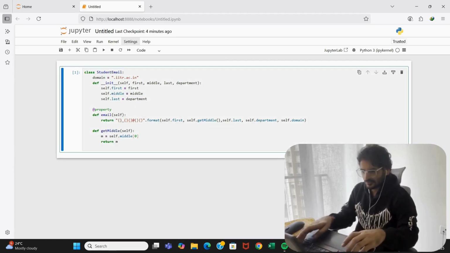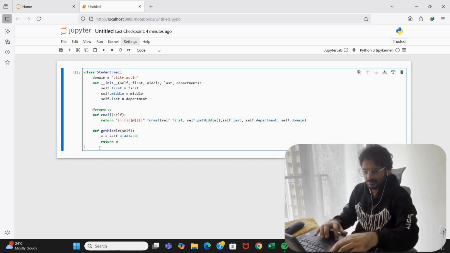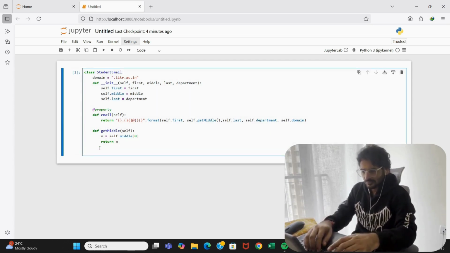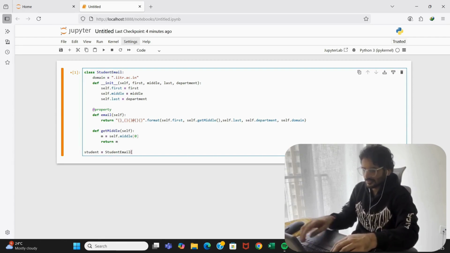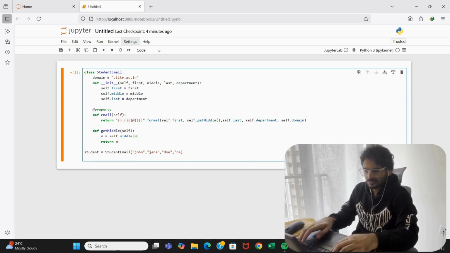So let's just run everything. It's fine, right? So let's create a student object. We'll use the class StudentEmail, and then we'll put in, let's say, some values. I don't know, John, Jane, Doe, and the department, let's say civil engineering, so let's say CE. Let's keep it lowercase for now. I just want to test if it's working,